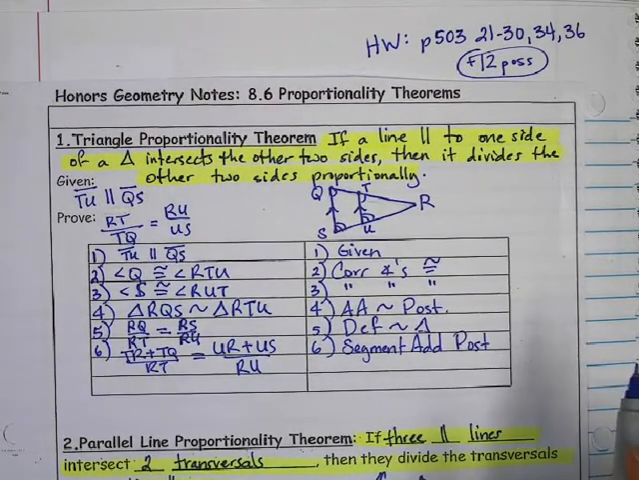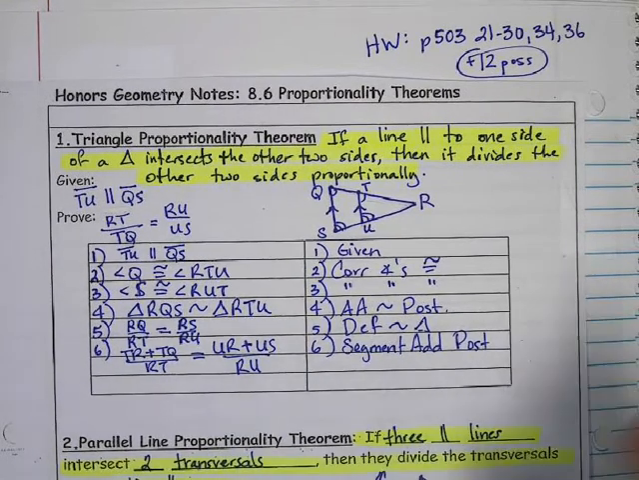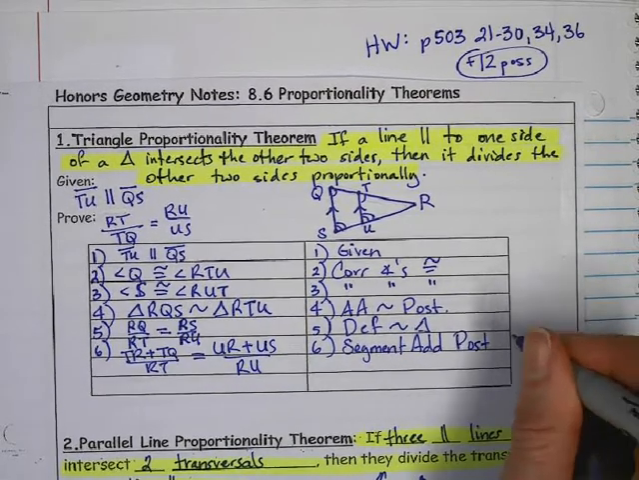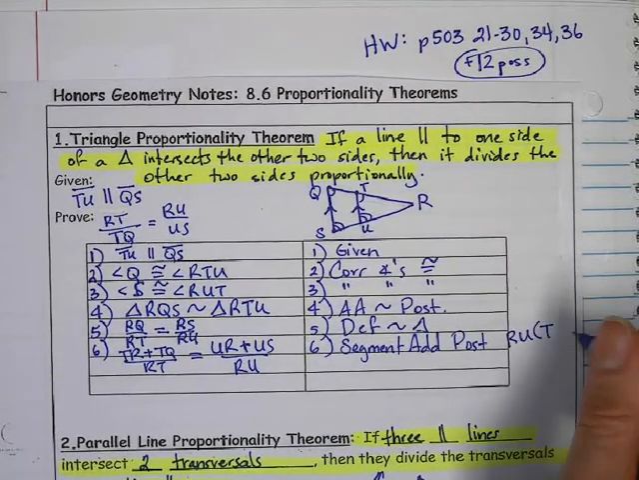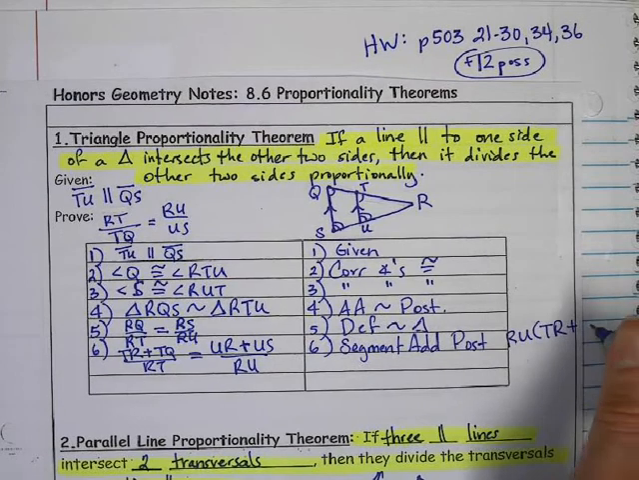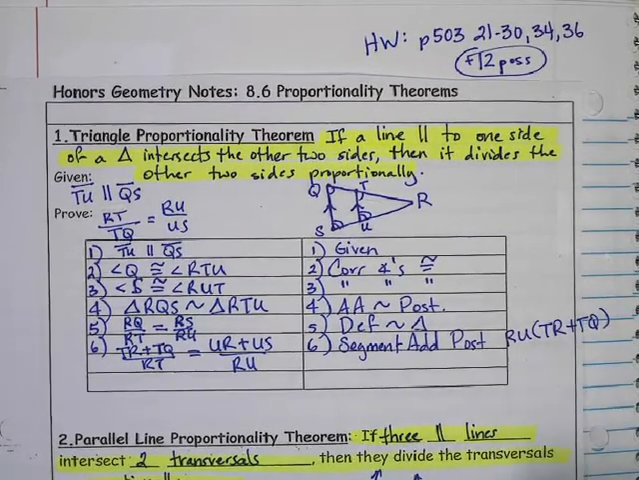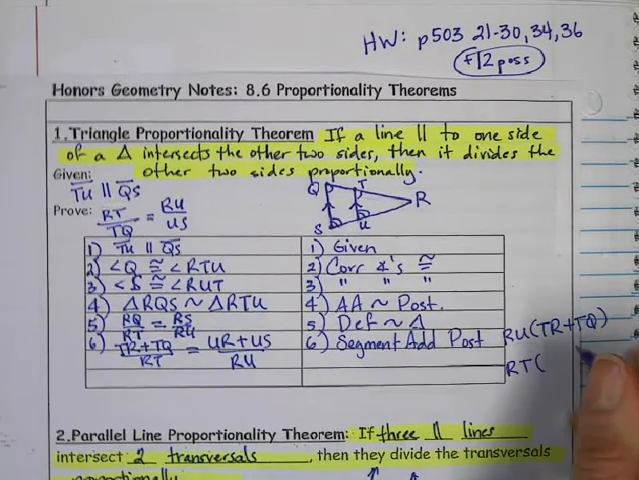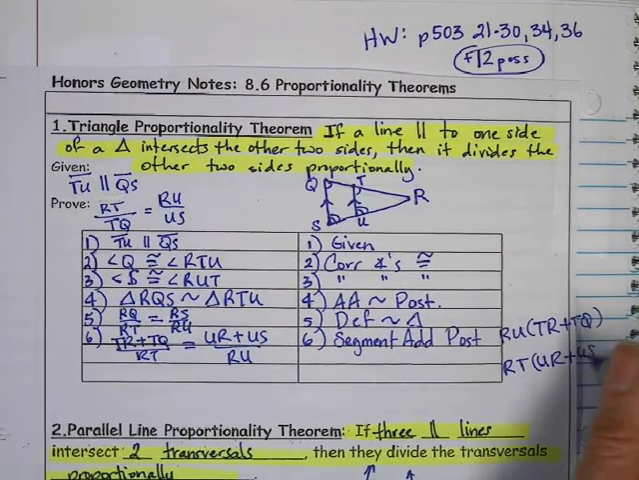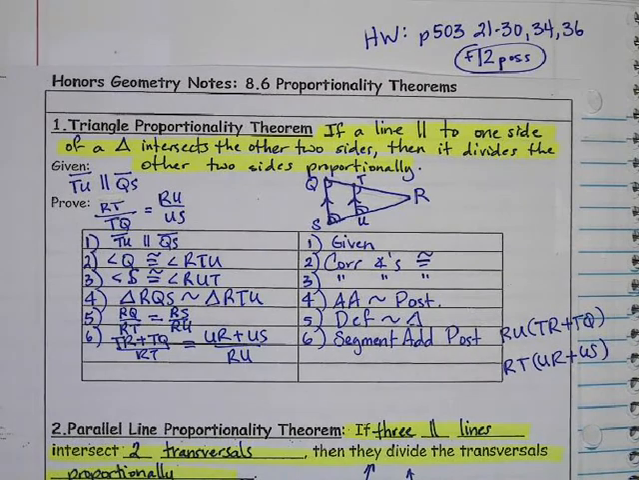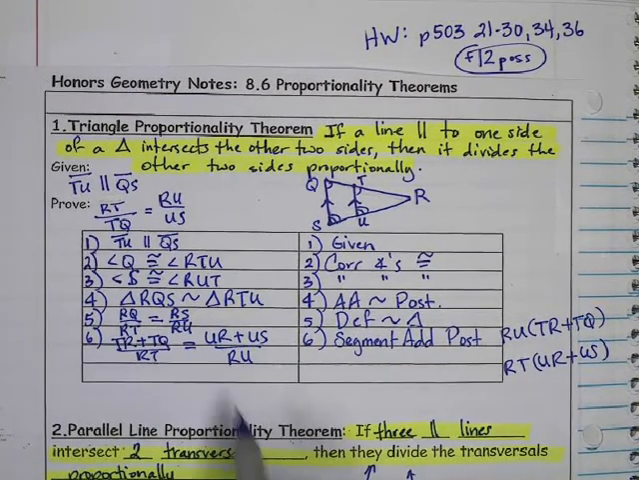Alright, so if we simplify this, I want you to try to remember this, it probably would be easier if I just explained it this way. If we took TR plus TQ, and we simplified that a little bit, and then we took RT and multiplied that by UR plus US. Let's multiply that out. Now keep in mind that